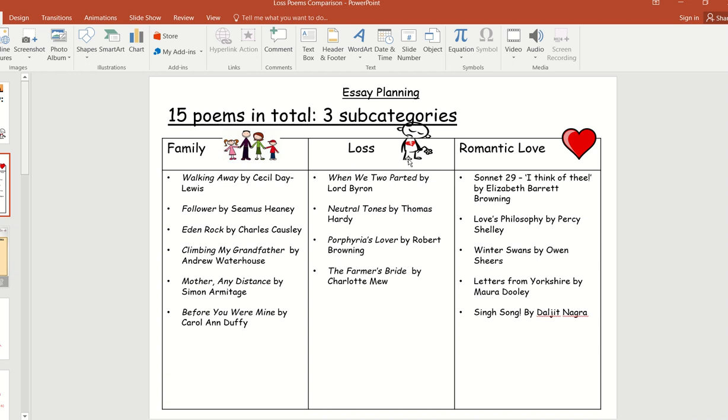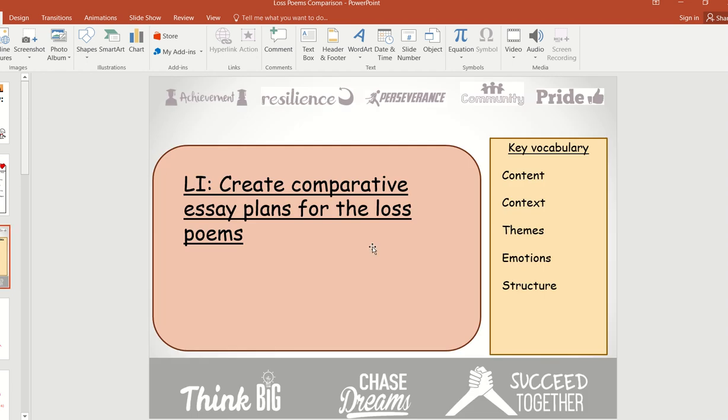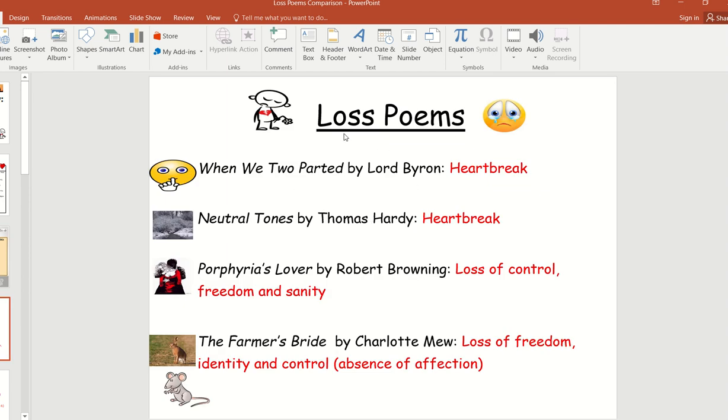So what we're going to be thinking about now is comparing these 4 lost poems. And our learning intention for this session is to create a comparative essay plan for the lost poems. Now, when we talk about loss, these 4 poems explore loss in different ways. So we've got When We Two Parted, and this was written by Lord Byron, and this explores loss in terms of heartbreak. So something that we do need to know in terms of context about this is that this is